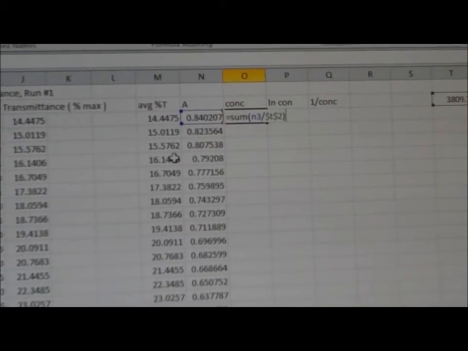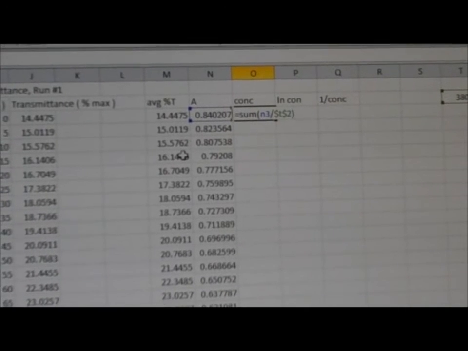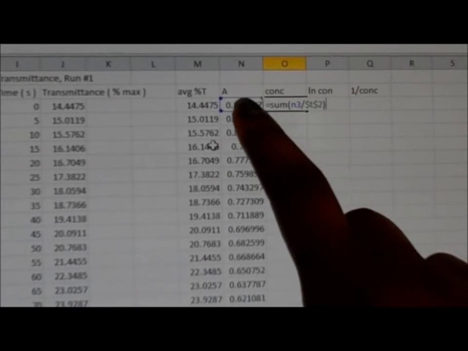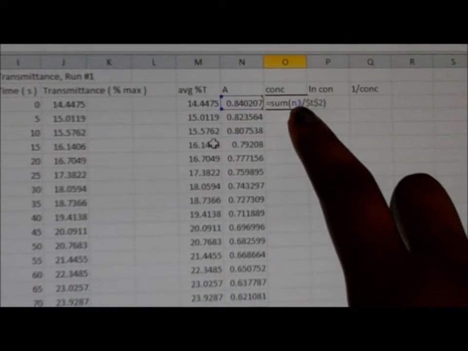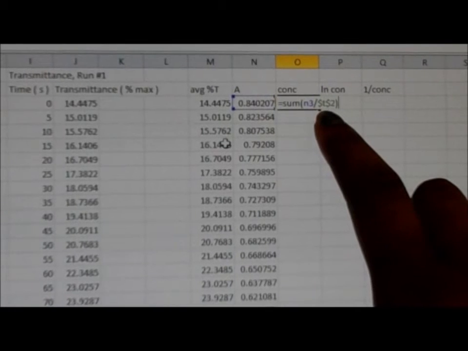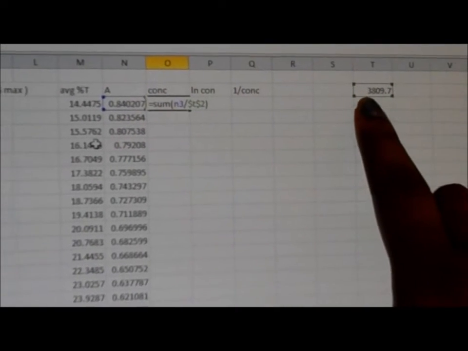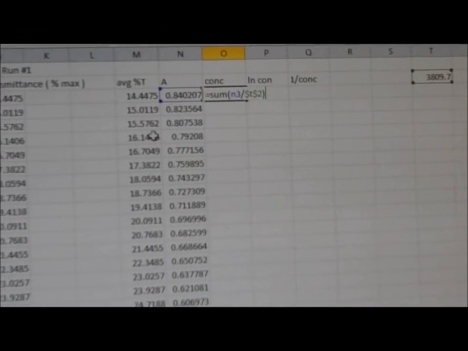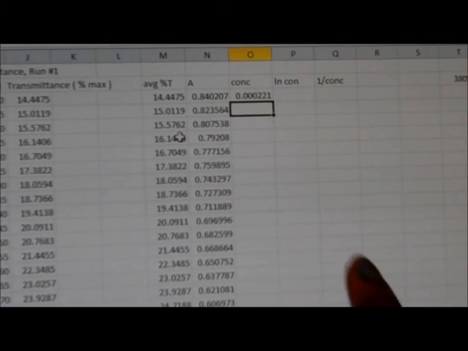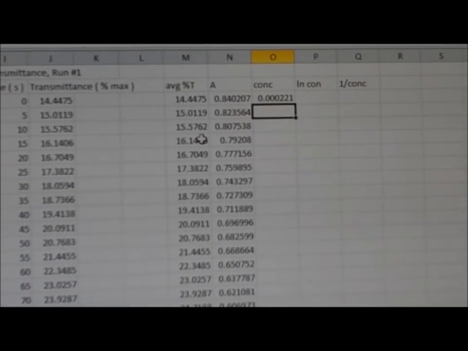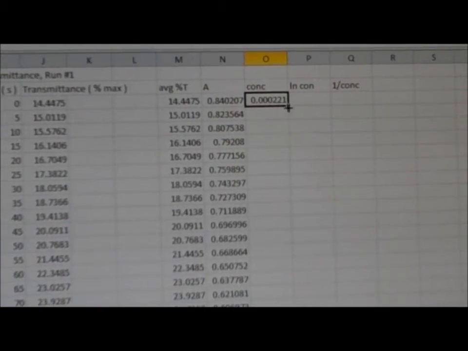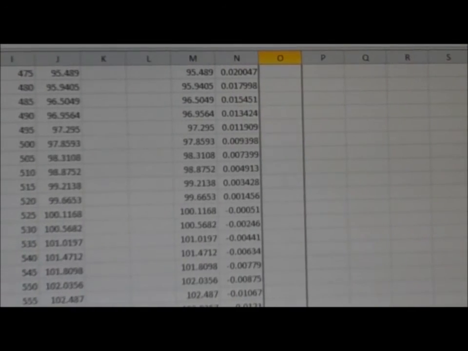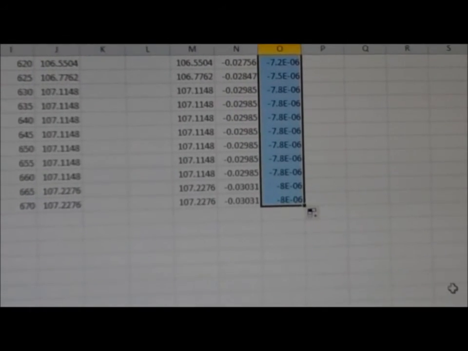Here we see our equation for your concentration value displayed. Equals sum parentheses N3, which is my first A value, divided by $T$2, which contains my epsilon. In this, the dollar signs, remember, they make it constant. Press enter, and this gives you my first concentration value. In order to fill in the remaining cells, we click in the bottom right hand corner and drag down, release, and this gives you